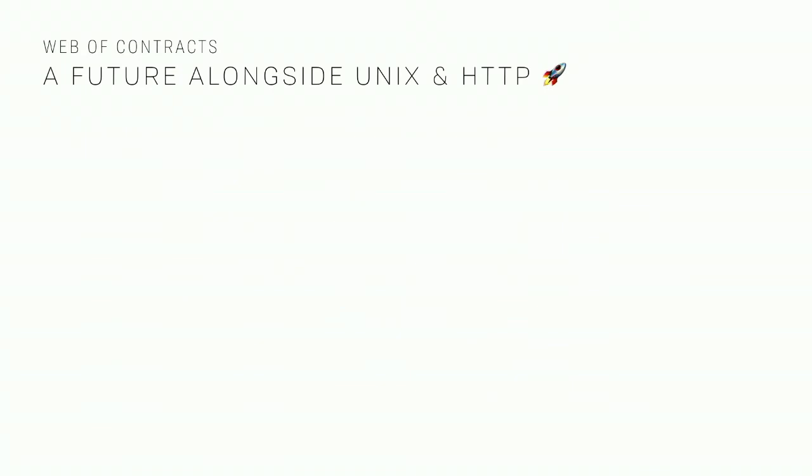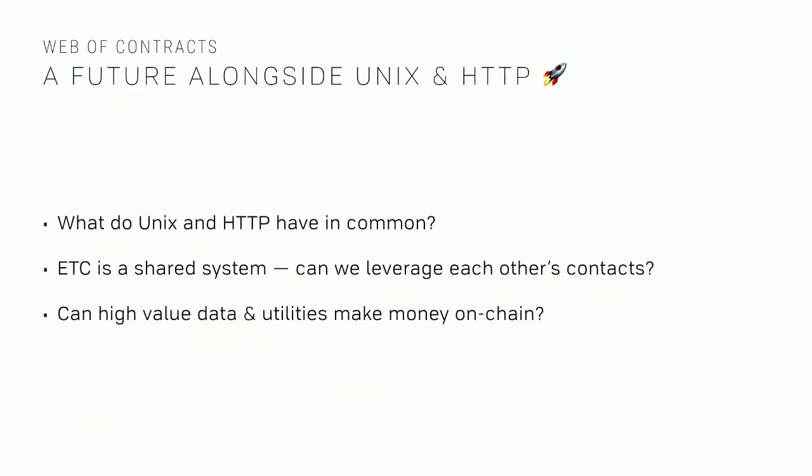So status codes, obviously inspired by Unix philosophy and HTTP, which leads us to a networked web of contracts. So Unix and HTTP have a lot in common. You should be able to plug anything together, and you should have these chains of functionality that work, and the idea is that you're not going to build everything totally from scratch every time. You're going to talk, in the HTTP case, over the network to another service that does something for you, or, in the Unix case, over a pipe to some other process.